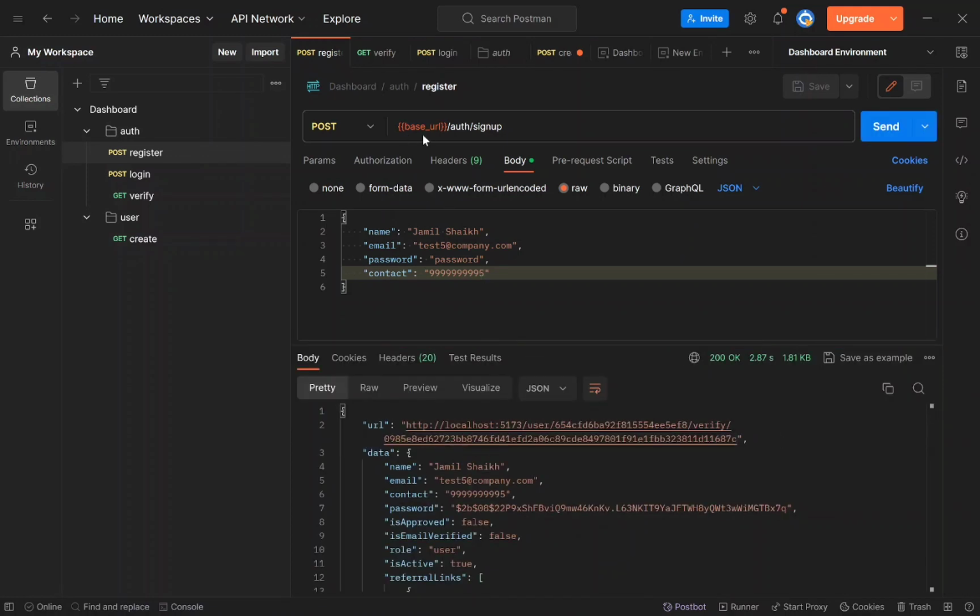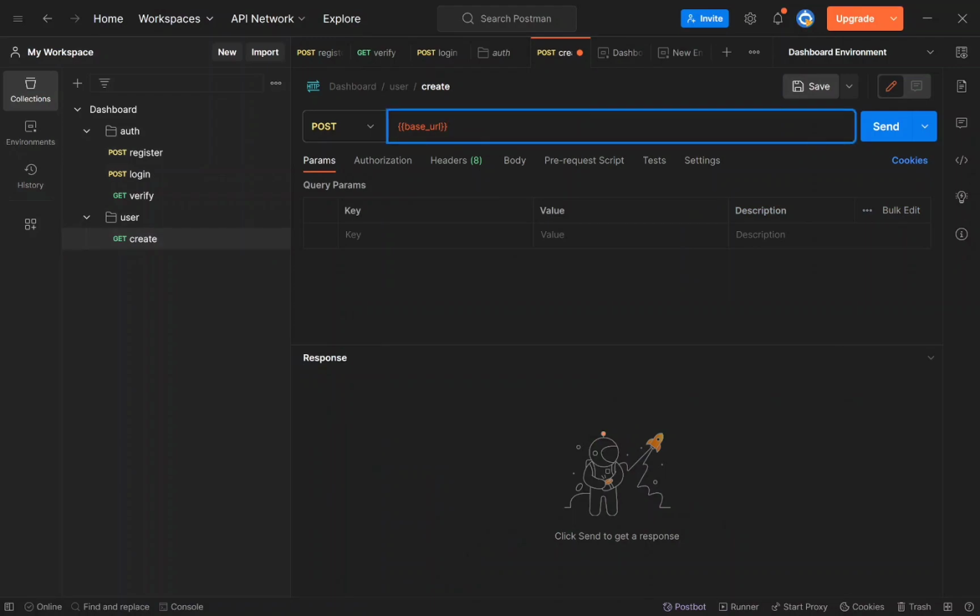So it is going to pick that base URL from the path or from the environment itself. It is going to append that into the request path, and yeah, it is going to work out. So let's go and let's see what we need to do. Now this has to be